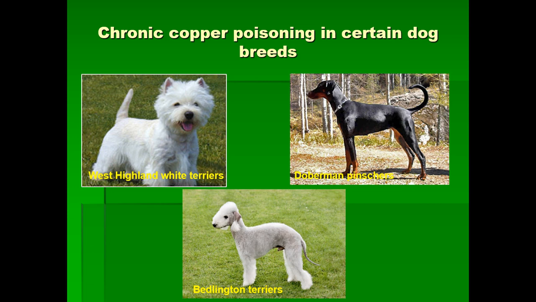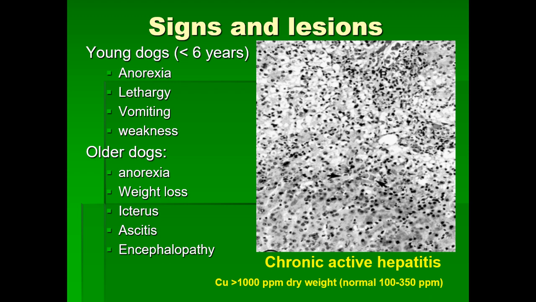There are three syndromes that are described. Young dogs tend to exhibit anorexia, lethargy, vomiting, and weakness, and older dogs show the same thing, but they also manifest ascites, jaundice, and hepatic encephalopathy. Now, one of the microscopic lesions is a chronic active hepatitis, and the concentrations of copper in the liver are usually greater than 1,000 parts per million on a dry weight basis,